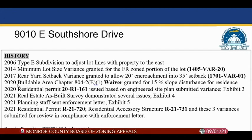And then in 2020, they submitted permits and as a part of that, they received a waiver for slope for the residence, and the permit 20-R1-161 was then issued based on an engineered site plan that was approved during the variance. They had also submitted a specific set of building plans with that permit. Then just recently here in 2021, as part of a real estate transaction, they had an as-built survey